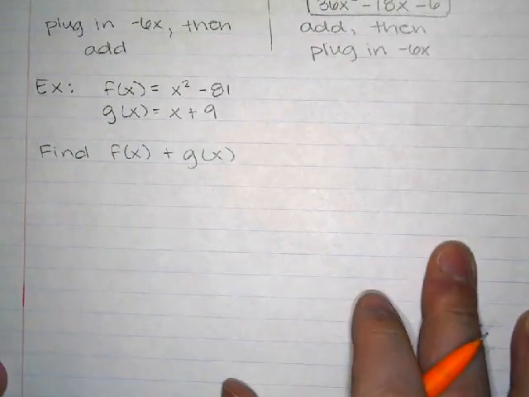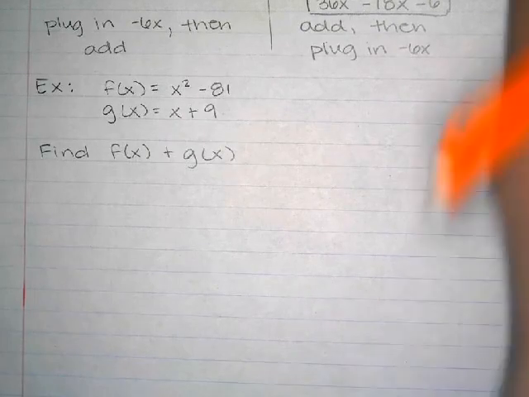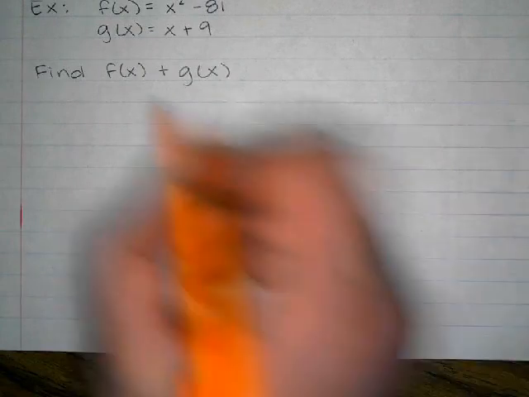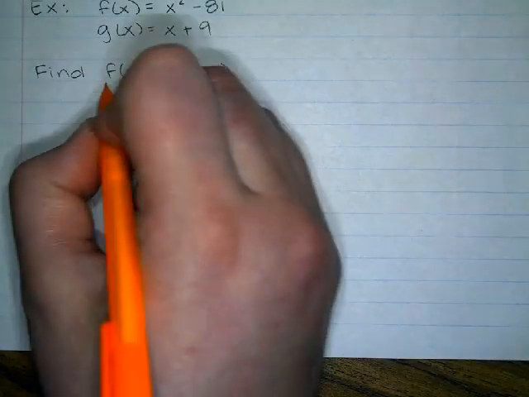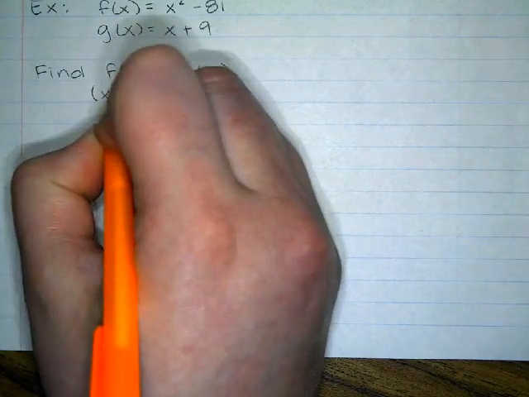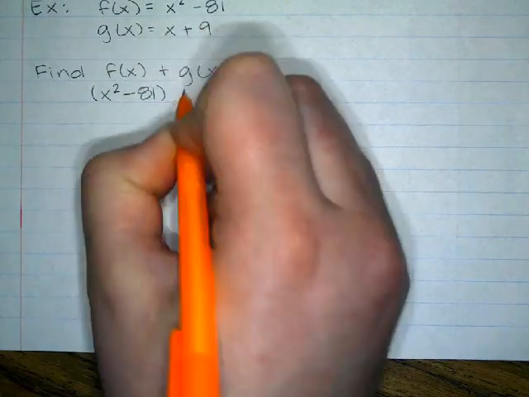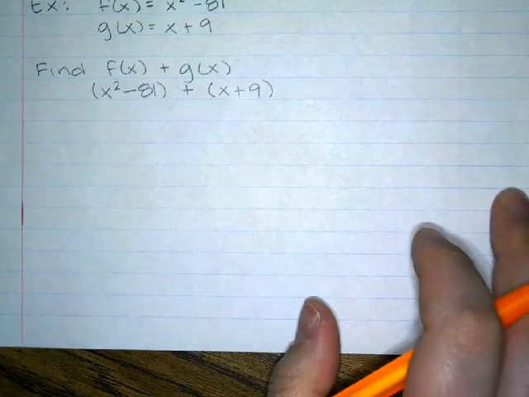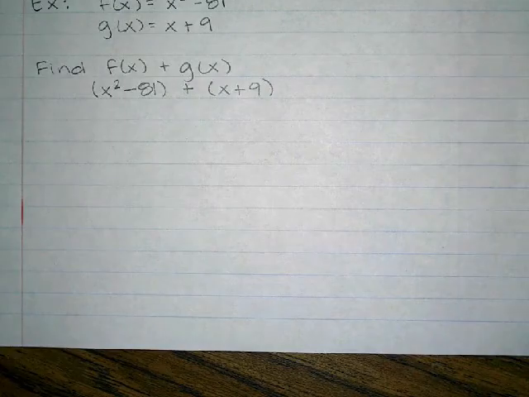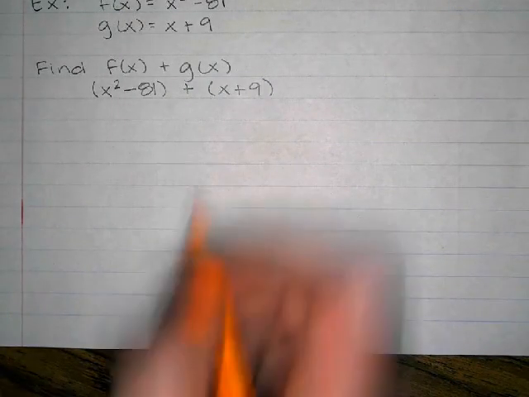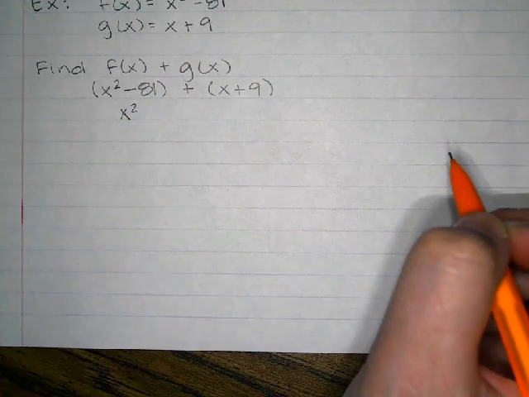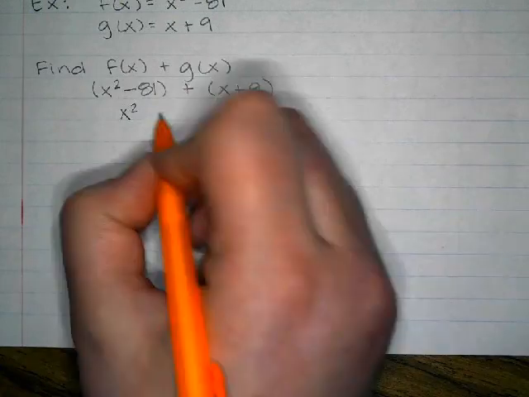So what do we need to do? Combine, so we're going to write it down, we're going to combine like terms. So f of x is x squared minus 81. G of x is x plus 9. So what do I have? x squared plus x